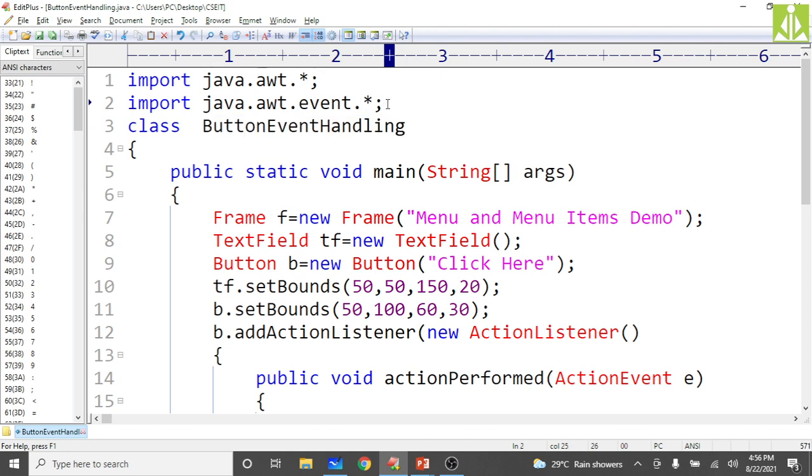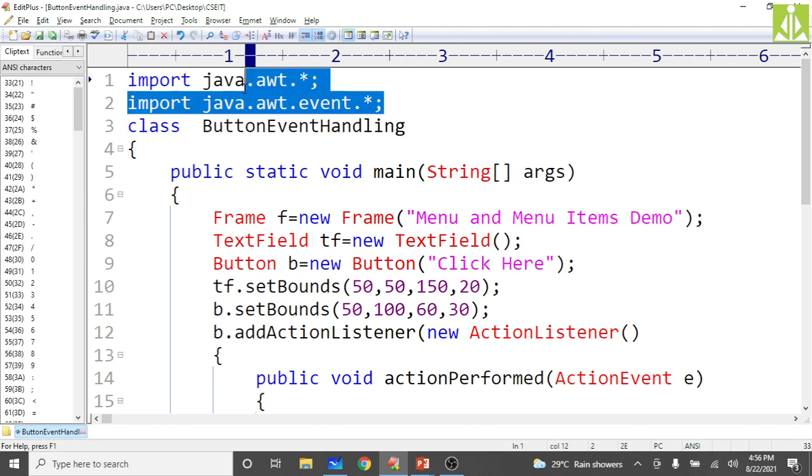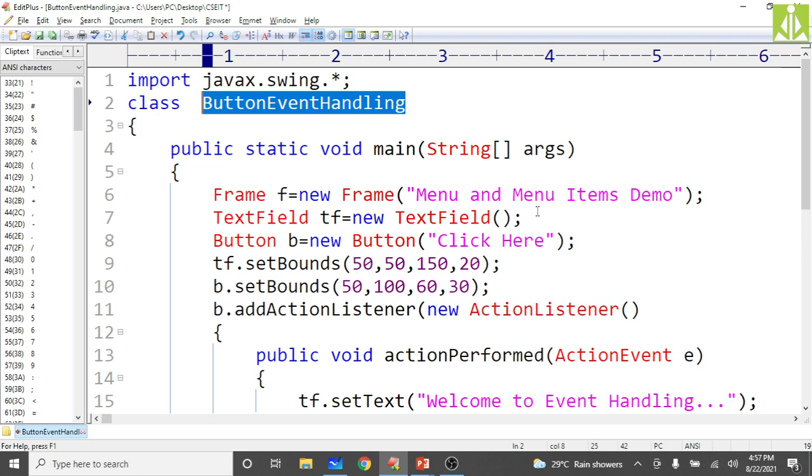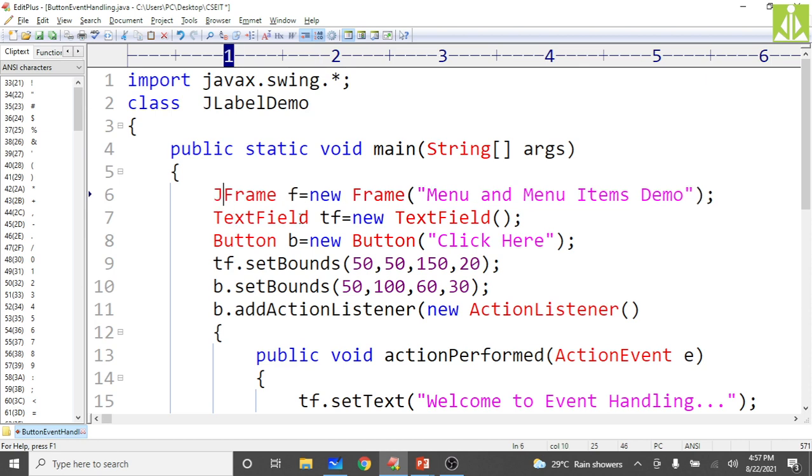The swing concept is an advanced concept, and we need to put the import javax dot swing dot star. Okay, so next we are simply practicing the label example in swings. JLabelDemo, and same thing, PSVM I'm taking, and here in place of Frame you need to create JFrame.